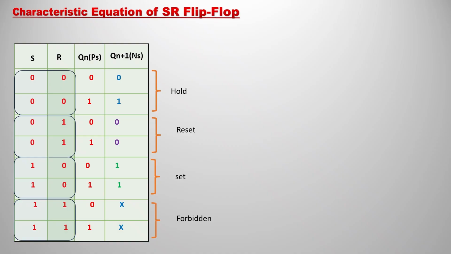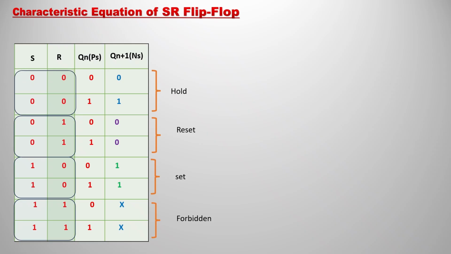So the condition we have already seen. When S and R are 0 1, what is meant by that? Here reset is 1, which means whatever the present state may be, it doesn't care. The next state would definitely be 0. That is the meaning of reset equals 1. So you can also see there, I have reset the present states to the next state as 0.